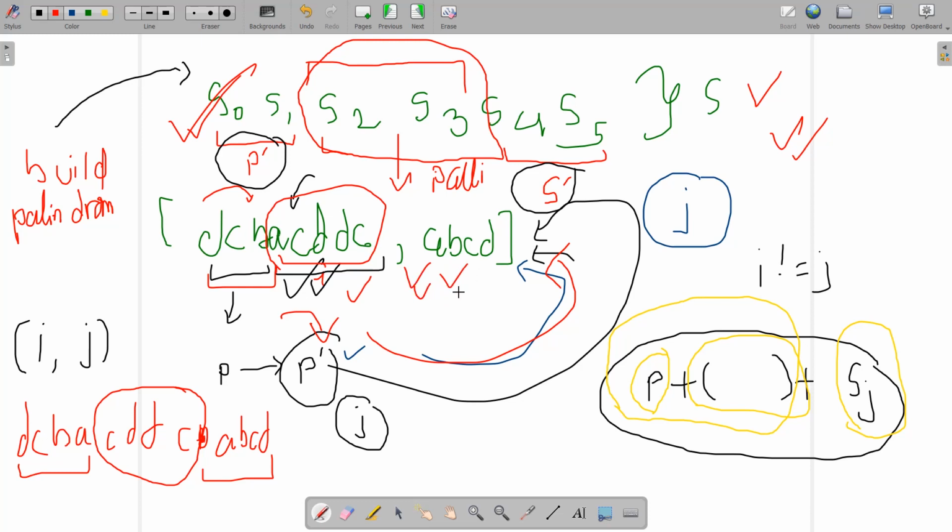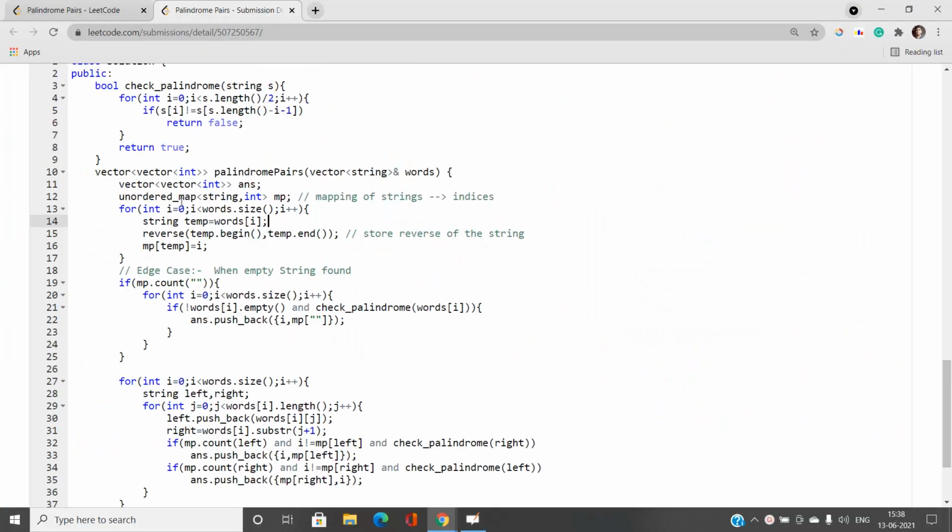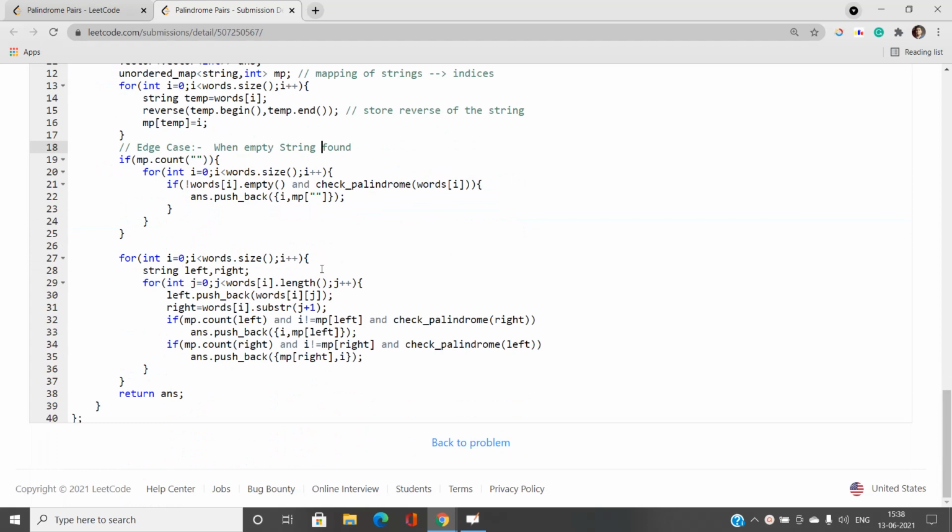When you encounter some prefix, you check if this prefix exists in your array of strings, which is in reversed form, stored in your unordered map, right? We have a mapping of strings and the unique indices where they are present. So we check these two conditions, and it will return all the possible pairs as your answer, and finally return the answer.